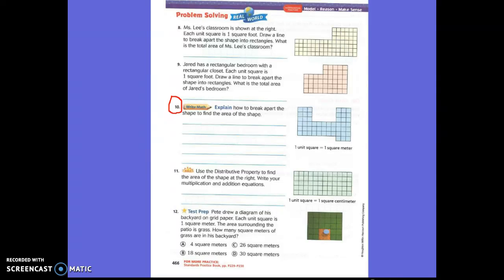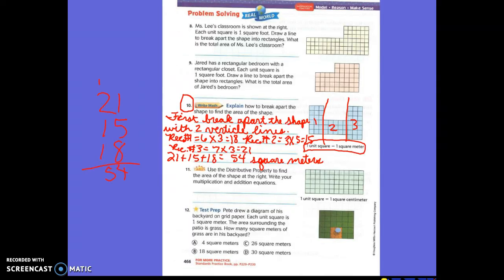I could break it apart 4 times. I could break it apart a lot of different ways, couldn't I? Okay, so we just have to make sure we do more than one way. We could just do it in 3 ways, though. We could break it apart like this, and then you just have 3. Other people could, if you wanted to, break it like this, and that would be even more. You just have to multiply more. Okay, so we broke apart this shape into 2 vertical lines, and we